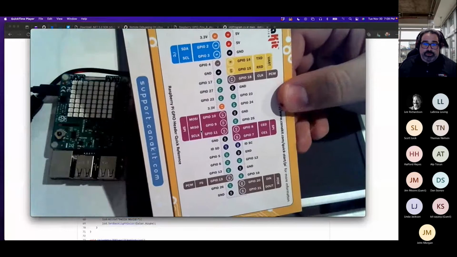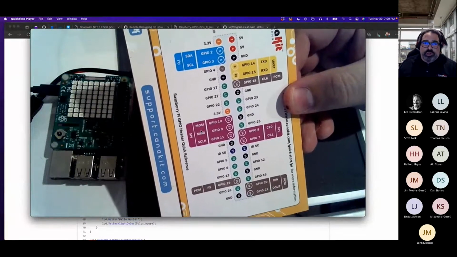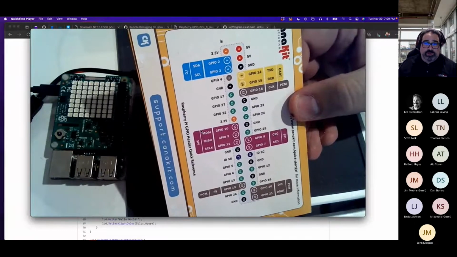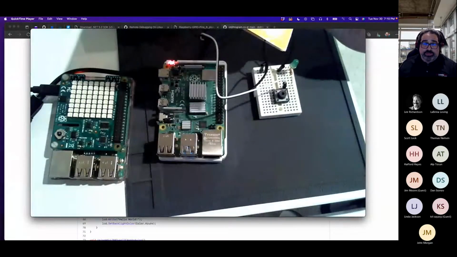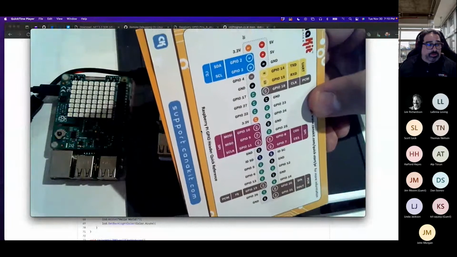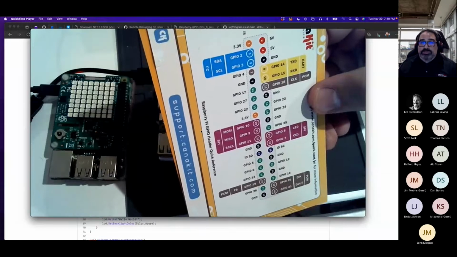There it is. So this is basically the pinouts on the board and what I can do with them. What are their capabilities? As you can see on the top on this one, it says 3.3 volts or 5 volts. This type of LED, which is pretty cheap, these LED bulbs are going to burn right away if I plug them to 5 volts. So I will have to keep that in mind.